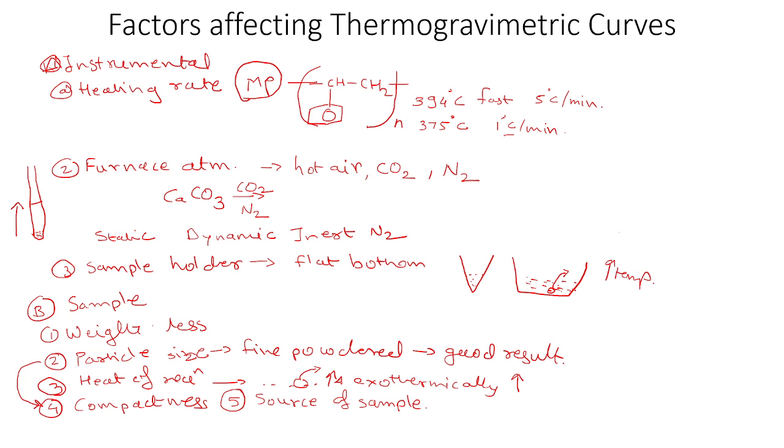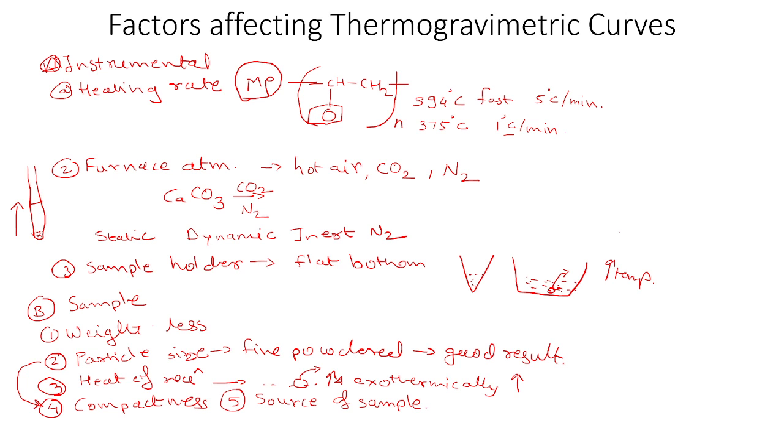Here one example is given. If magnesium hydroxide is obtained by the precipitation method and from a natural source, they decompose at two different temperatures, because the structure of the substance is different. It may be amorphous, it may be crystalline; though the content is the same, the nature is different. So it requires different energy, and it will indicate a different temperature at which the reaction changes take place. So these are the various factors which affect thermogravimetric analysis.